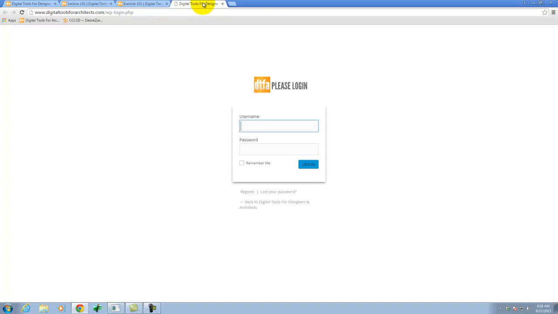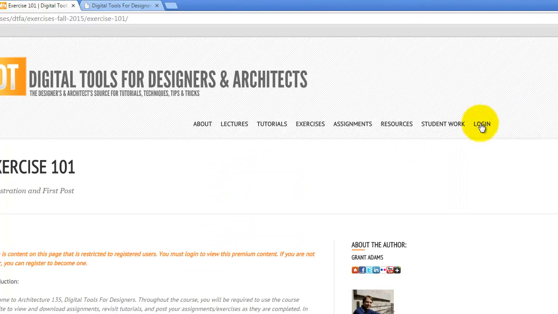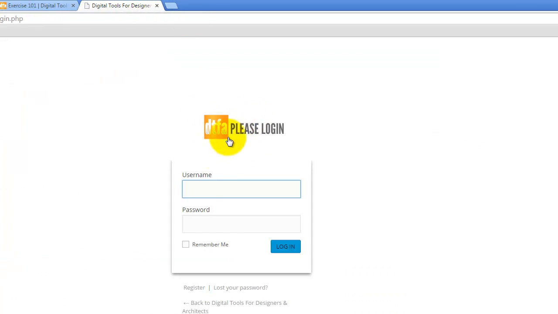So we move on into the login phase. This is part 1. If you are trying to navigate there, there's a login button on the far right here. If you click on that, it'll take you to this login screen. You may or may not be registered. If you've been in the class before, you're already registered, for example, if you were in the other class, you already have an account. If you need help retrieving it, we'll go through it and find it again for you if you forgot your password. So the rest of you are going to click on the register link at the bottom here,